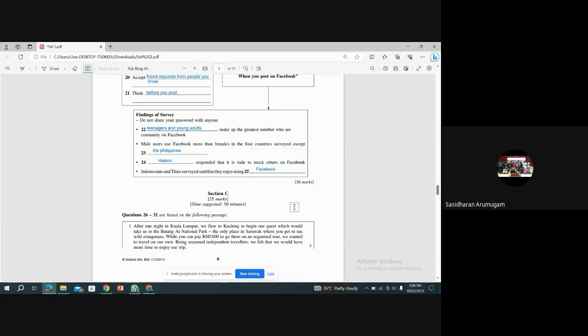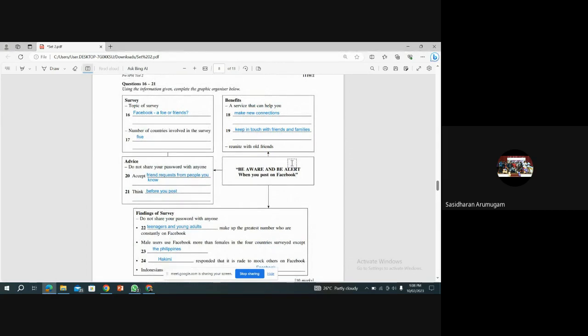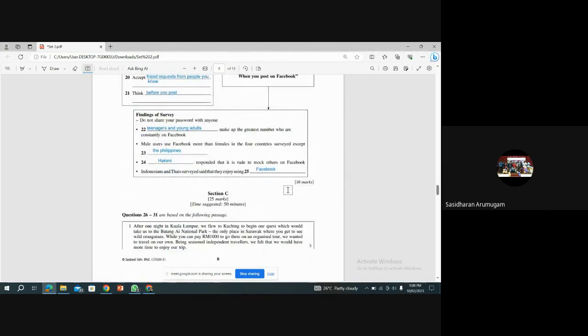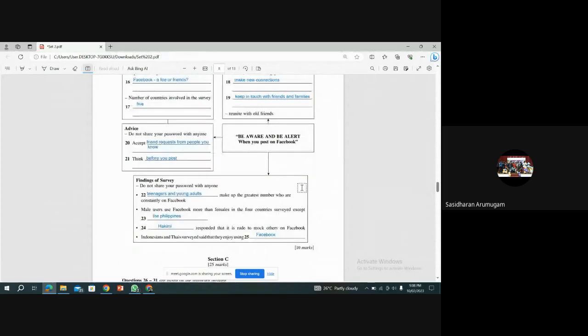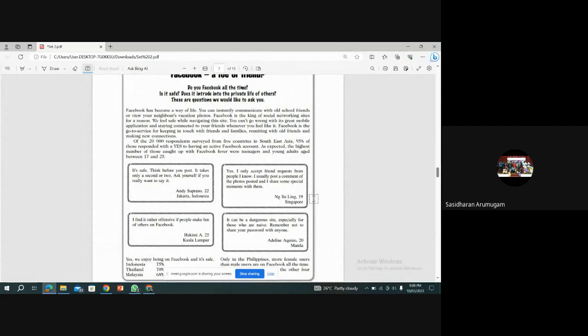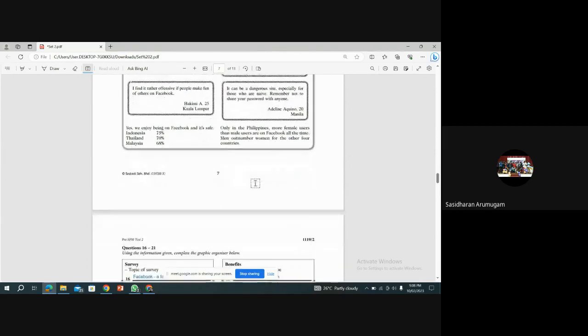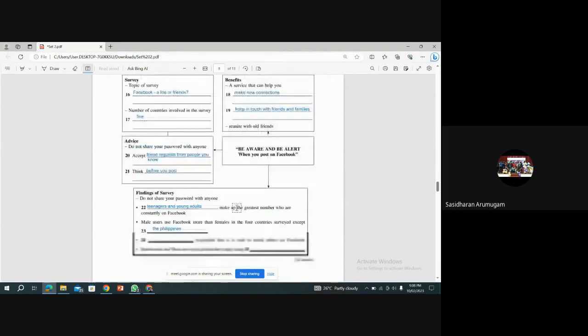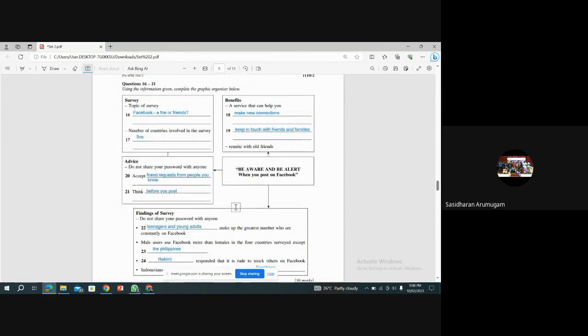So see, if you get all correct, you tend to get 10 marks. That's why it's really important for you to collect the information. You must choose the best one to give the best answer, as you can tend to get 10 marks, because it is not difficult, but if you pay attention to the questions and read through properly, the 10 marks is yours. But if not, it's really difficult for you to score. Because we don't know whether you are able to score fully on paper one or not,